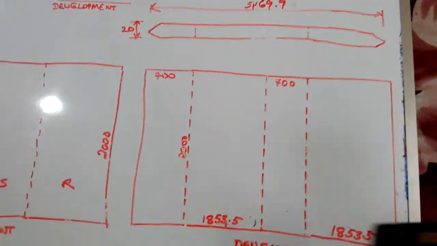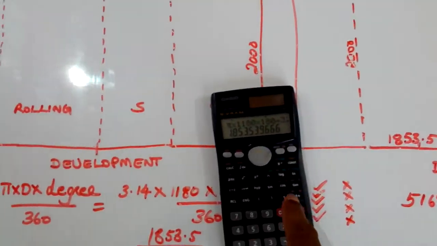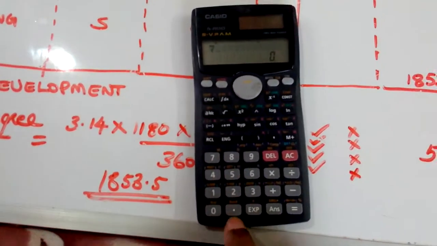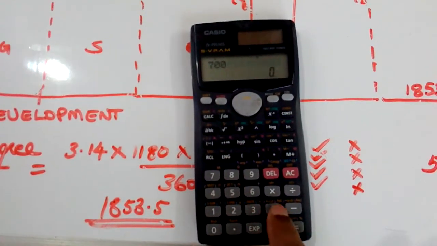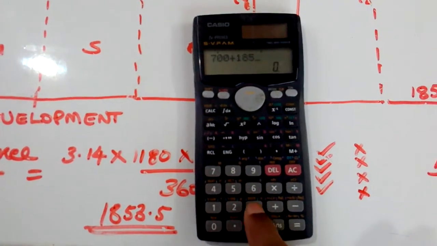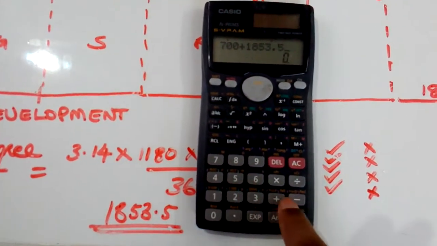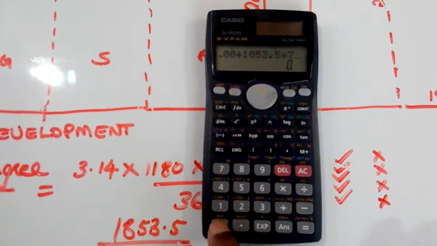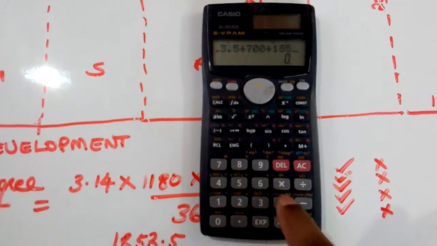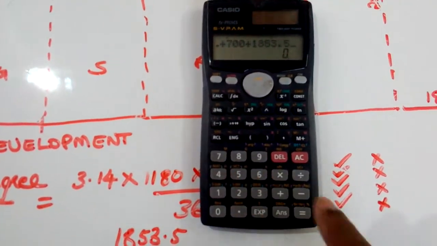We can check it using a calculator. 700 plus 1853.5 plus 700 plus 1853.5 is equal to